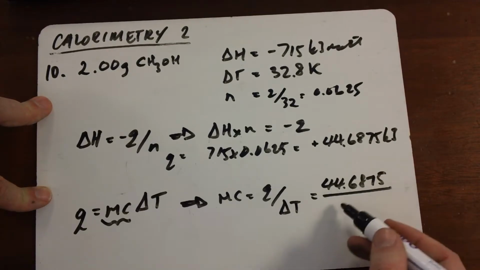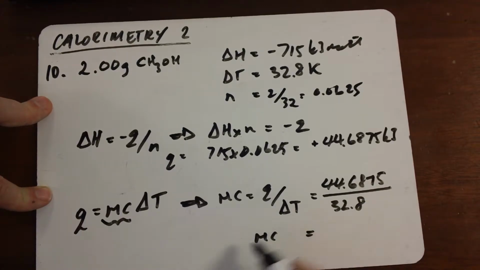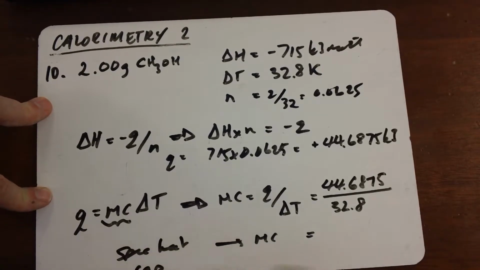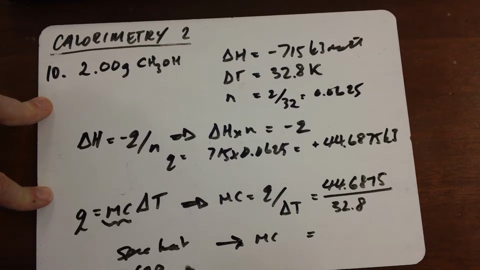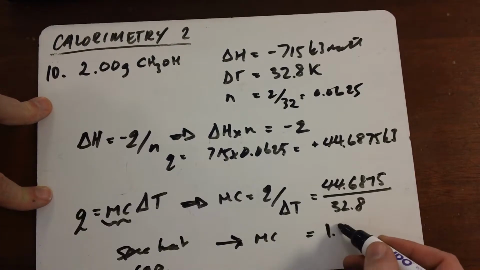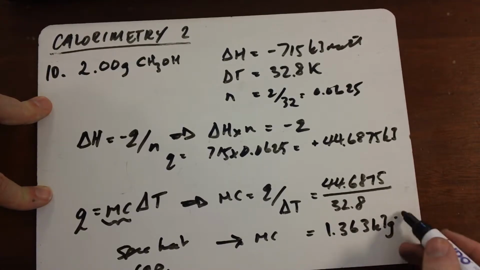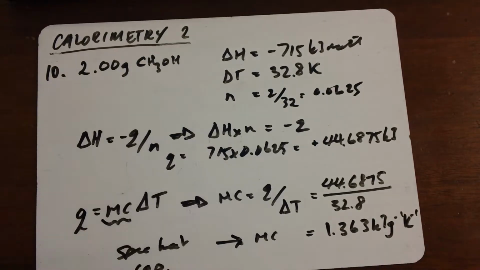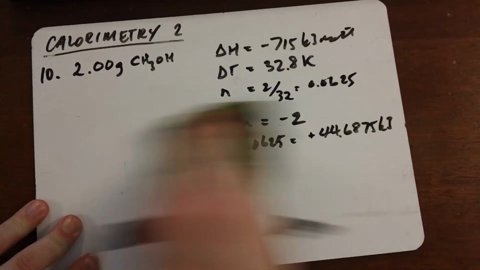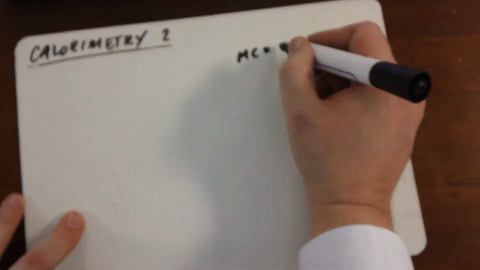44.6875 divided by 32.8. What that tells us is the specific heat capacity for the entire calorimeter, and that's going to be constant because it's used both times in this experiment, and that comes out as 1.363 kilojoules per gram per Kelvin. Right, the next step. Now we know this value here, so I'll write that down. So mc is equal to